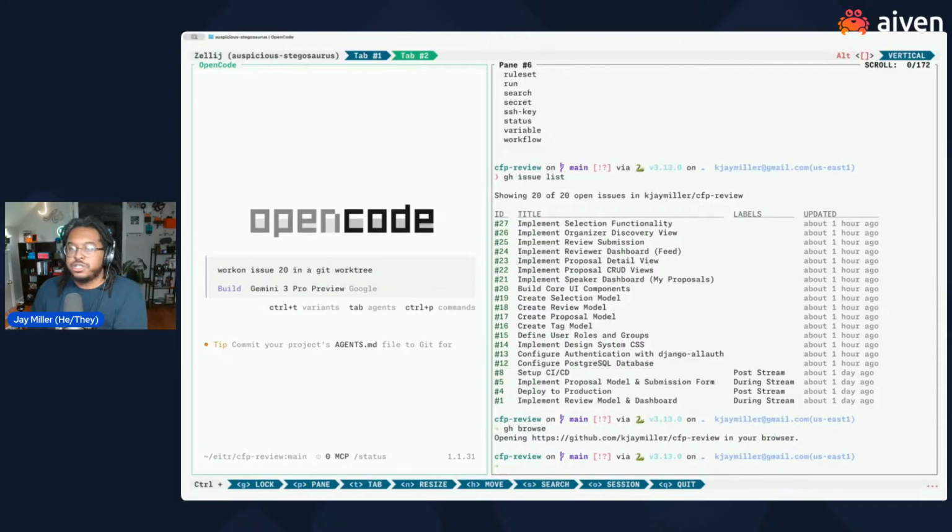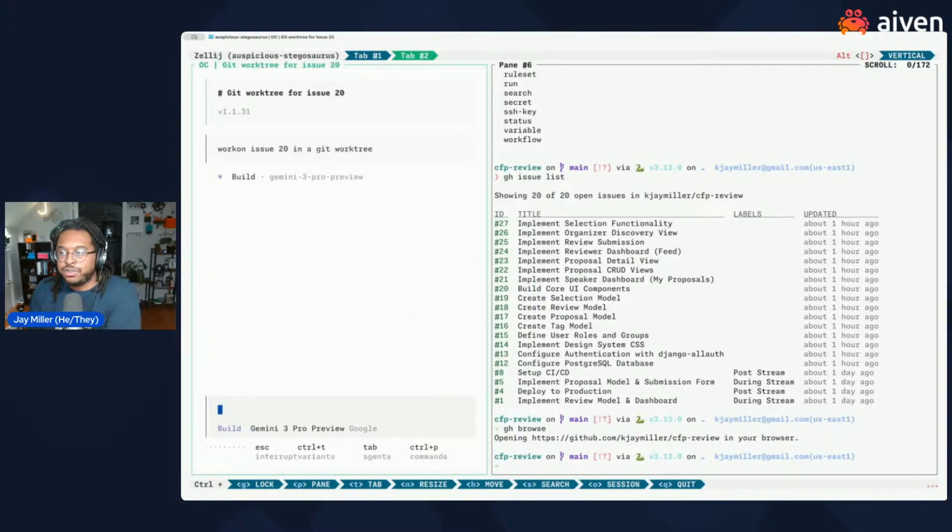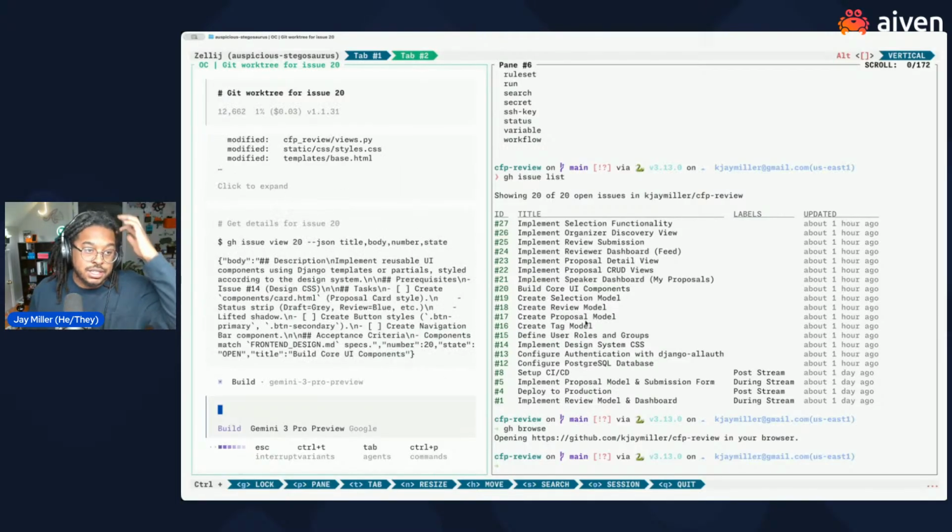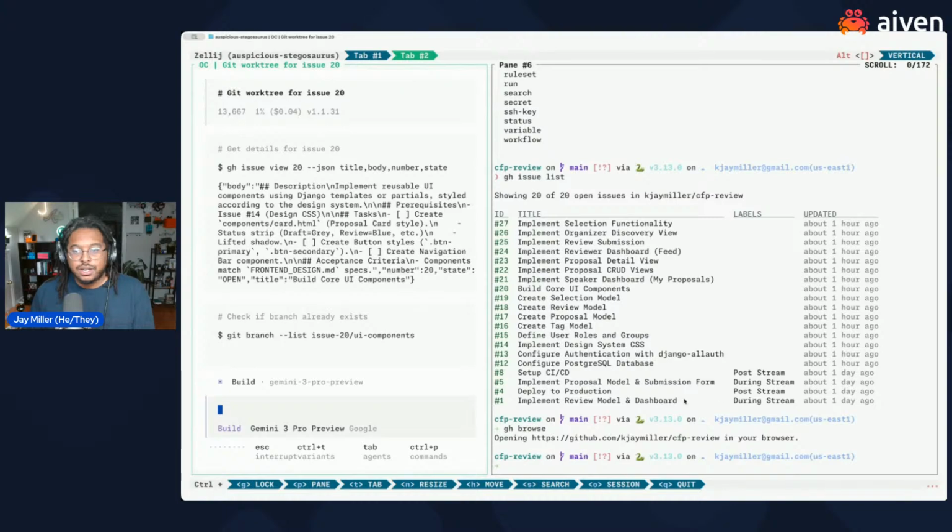And we're using Git work trees for this because we have three developers actively developing. I don't want to mess up anything that they're working on. It's going to be much easier if we just have a couple of different work trees all running and doing things at the same time. So I'm going to let that go. It's just going to build some modern UI components, because right now, if you went to our local template,